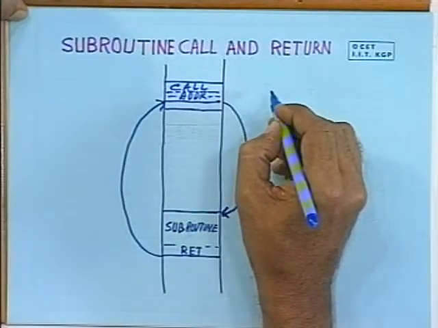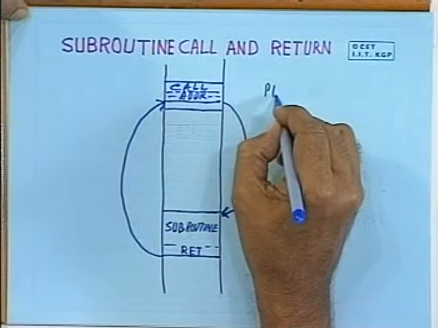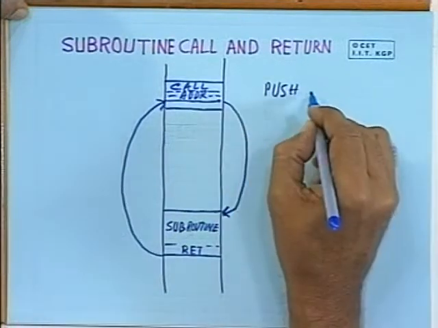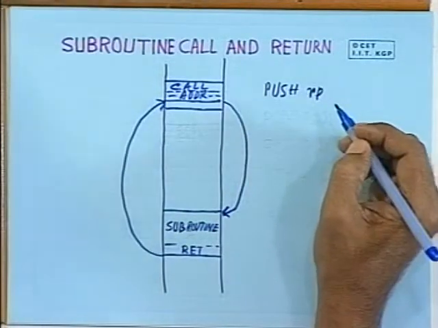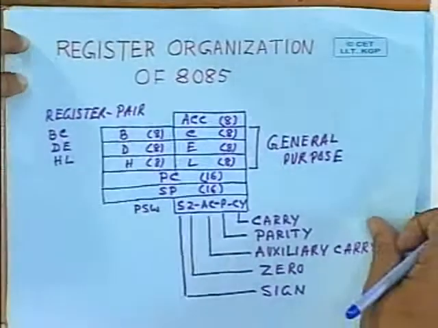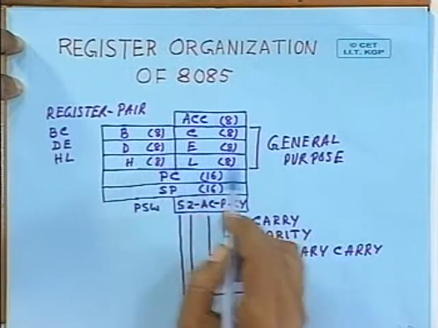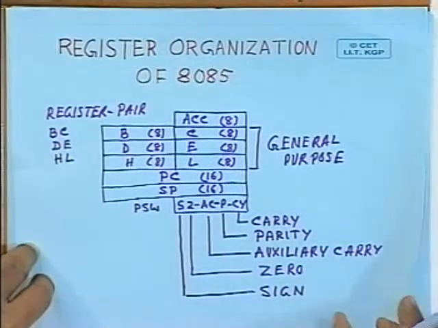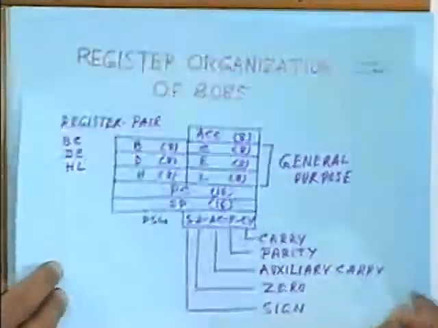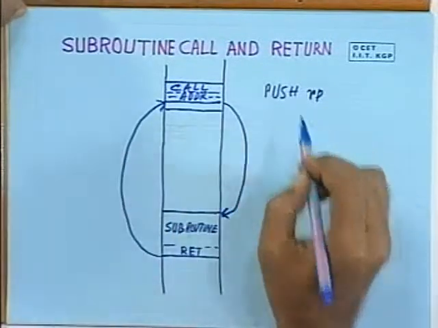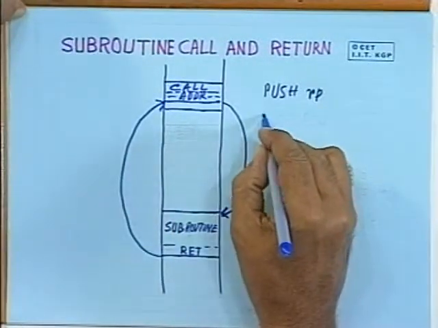To facilitate that, there are several instructions like push register pair. Those register pairs like B, C, D, E, H, L can be stored in the stack by using this push instruction, or you can perform push